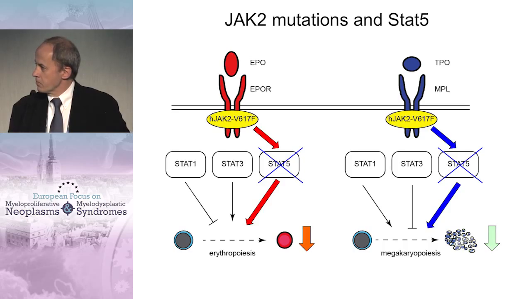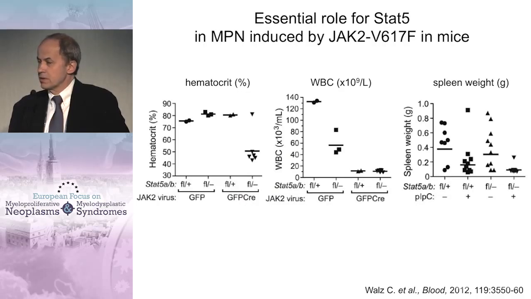And so there have been two publications that define the role of STAT5. So the question is, what happens if you now eliminate selectively STAT5 using a mouse knockout? The prediction is that you will normalize red cell and megakaryocyte platelet in these mice. So the first is by Rick van Etten's group. It was a retroviral model where he introduced the V617F into the bone marrow of these mice, transplanted, and then